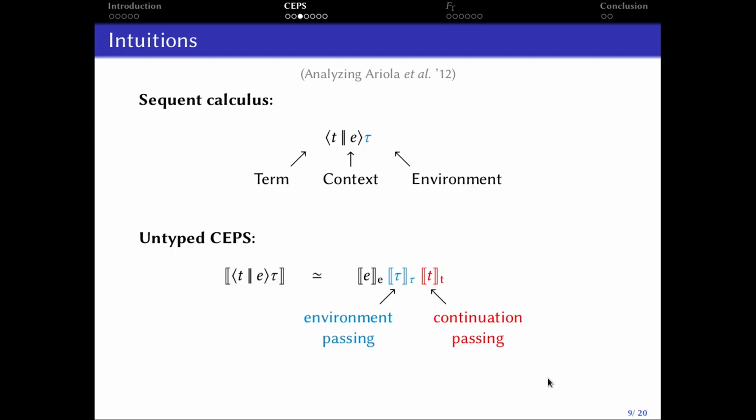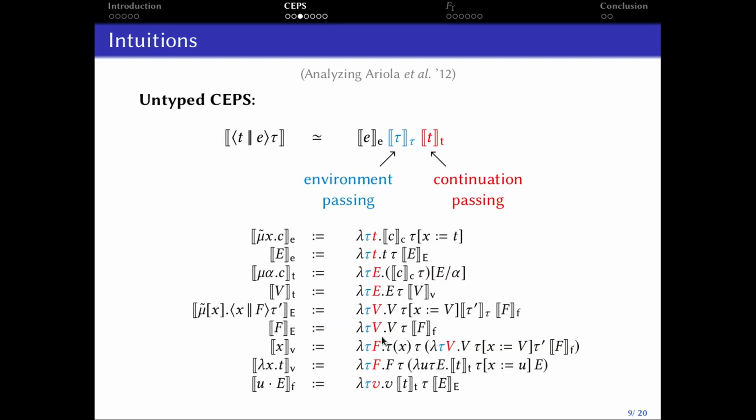What about the untyped CPS defined? Well, as we can imagine, it has an extra component. It has not only the continuation passing part, but also the environment passing part. And again, if you really want to look at the details, but it's not necessary, you can pause the video. But what is important to see here is that we have everywhere a blue and a red part corresponding to the environment passing part and the continuation passing part. Okay, so the translation of a term or context is going to be something waiting for a store, and then waiting for a term or continuation, and then producing the computation.